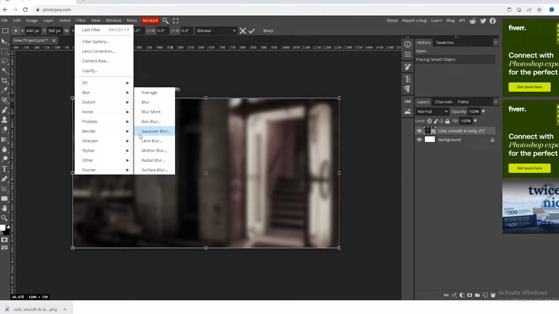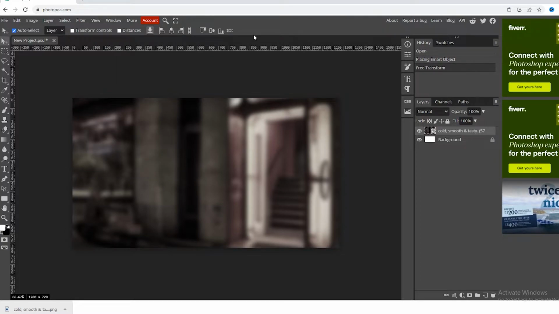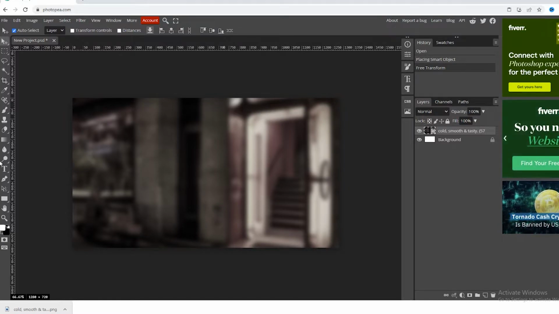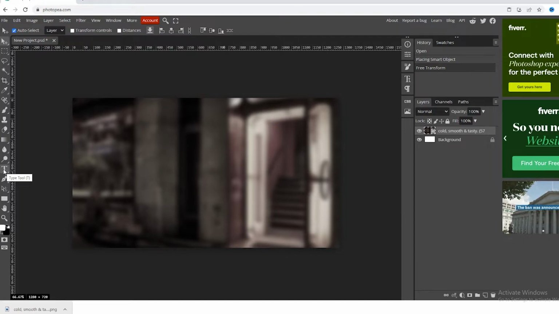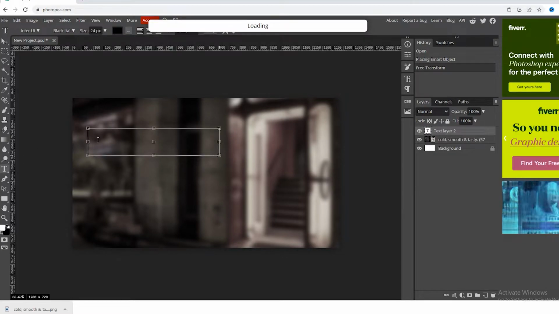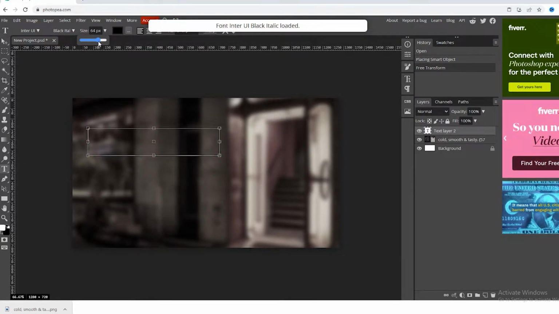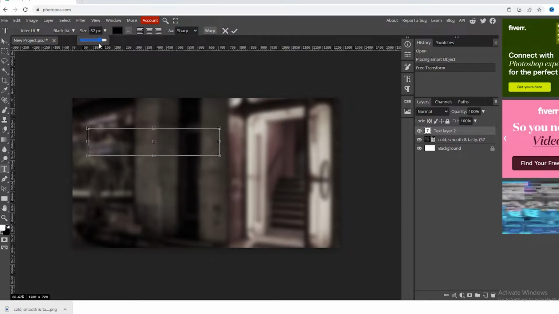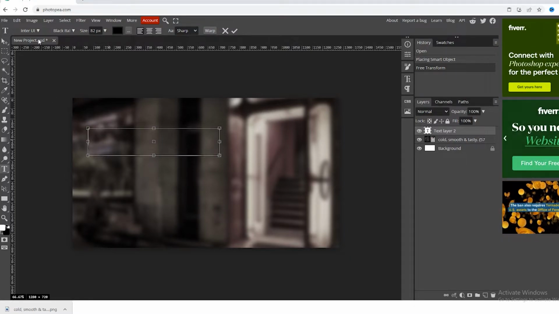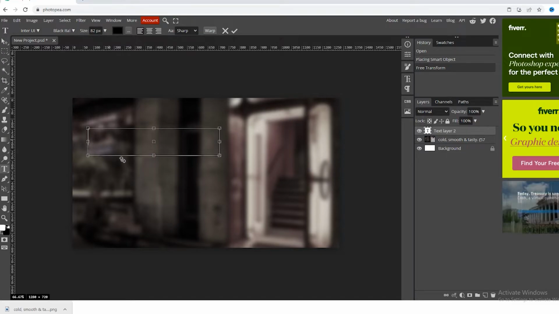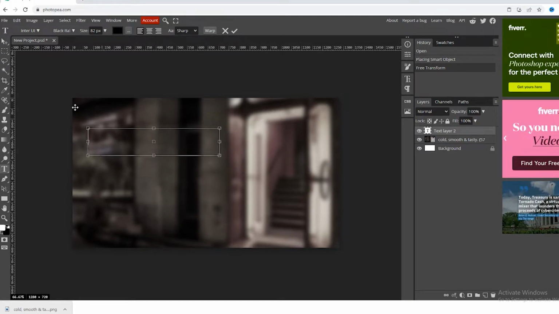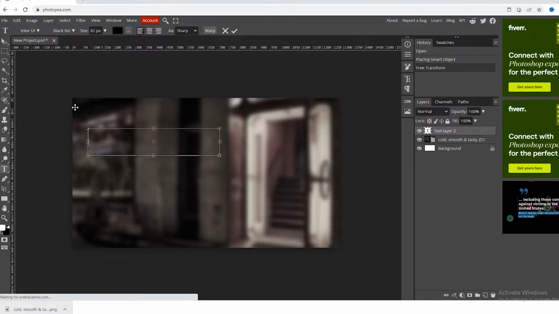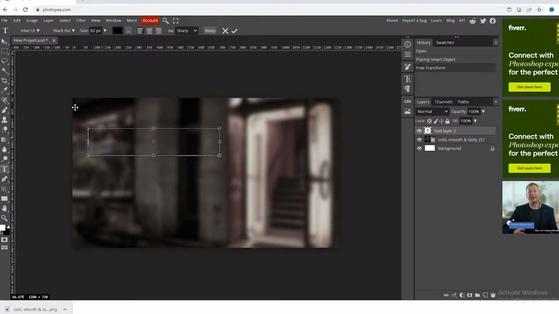So once you do that, you blur it, and now you want to start adding text. So now you want to click down to this type tool and drag it out like this. Make sure the size is around maybe 82, and you would want to obviously find the right text that you want to write, but I'm just going to do the one that I have at the moment. So I'm going to write whatever the thumbnail is about. I'm just going to write something simple like